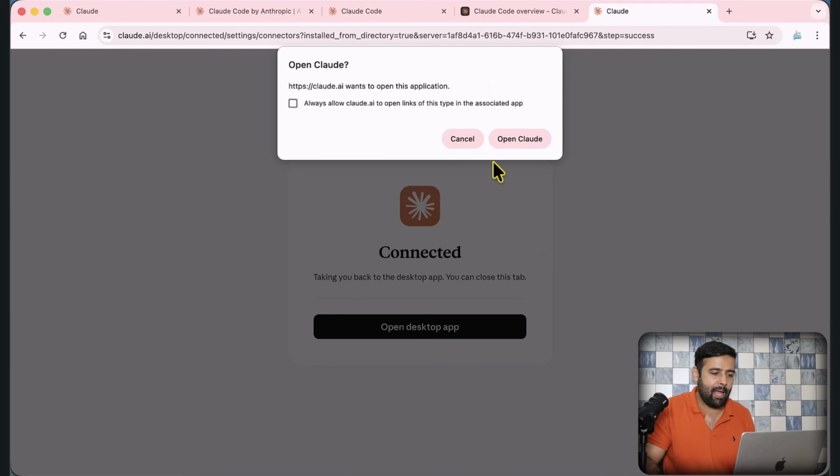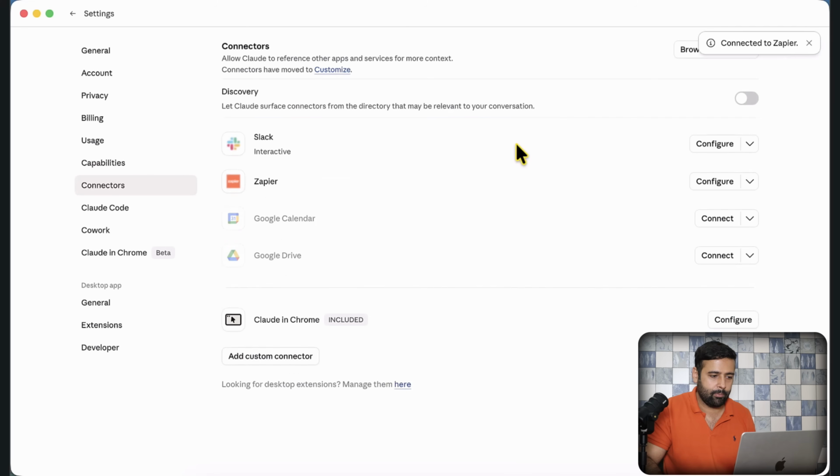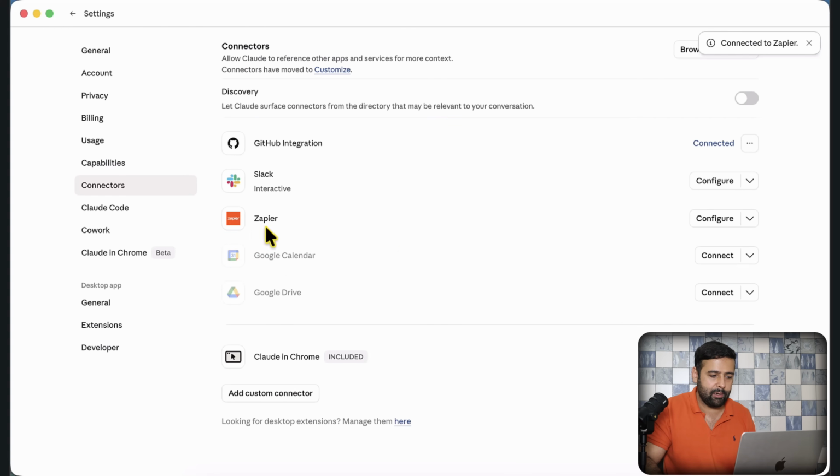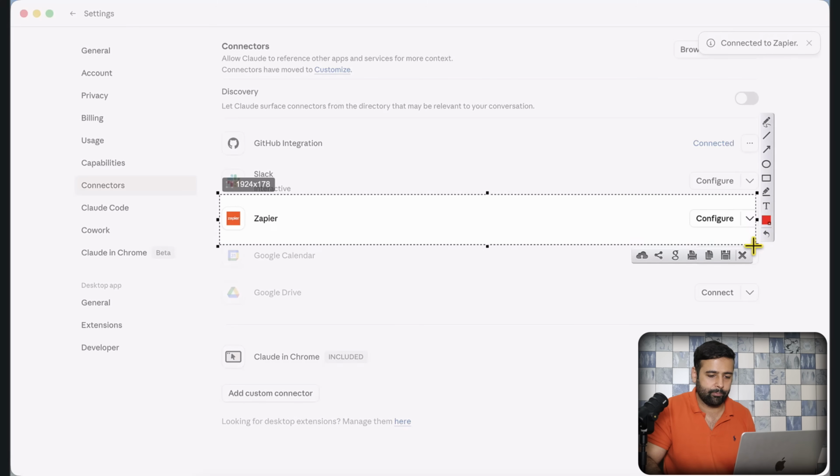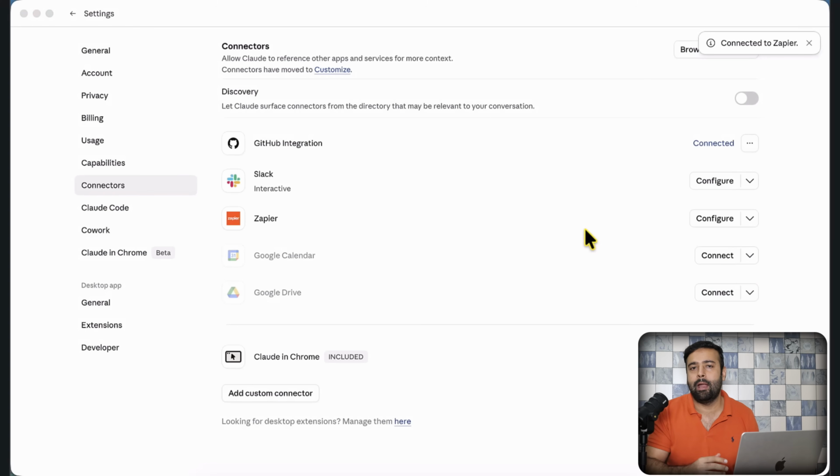And here it has authorized the application, and now it's asking to open the Claude. I'm going to click on Open Claude. And here you can see that my Zapier is now connected, right? And let's say I had a call with the client and I manage the Google Sheet by the name